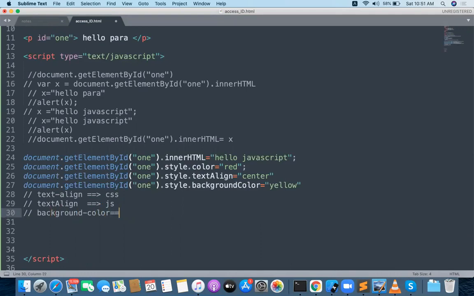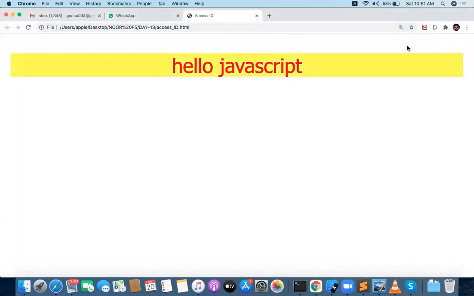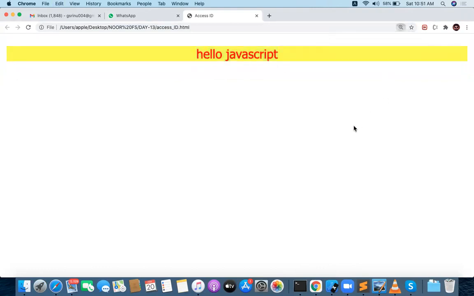In CSS, background color will be like this; in JavaScript, the background color will be like this. Now you can see some background color got applied. Finally done. I got my element updated with JavaScript.